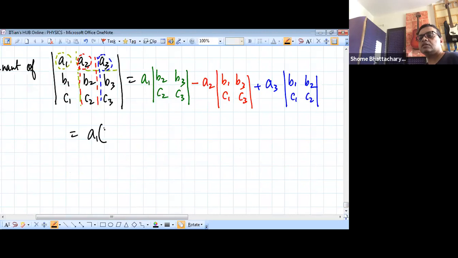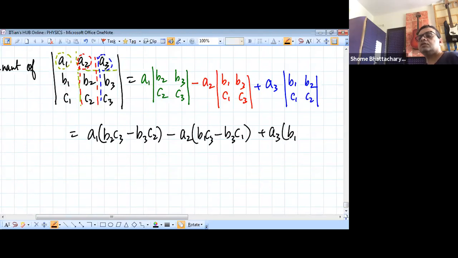So that is B2 C3 minus B3 C2, minus of A2 into B1 C3 minus B3 C1, and plus of A3 into B1 C2 minus B2 C1. So this term finally becomes the determinant